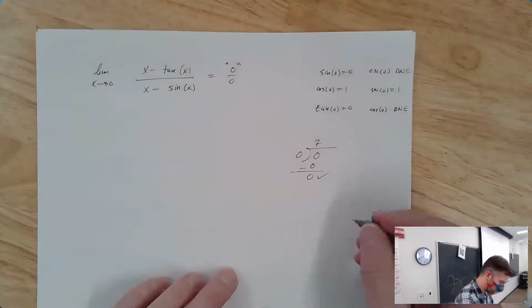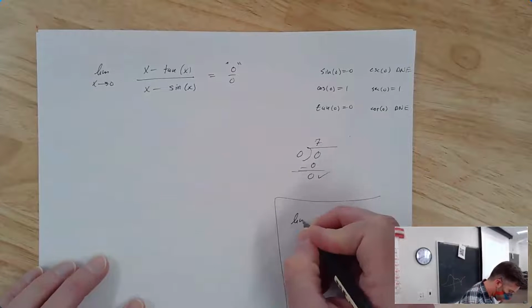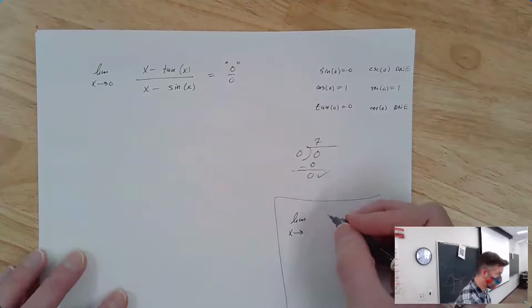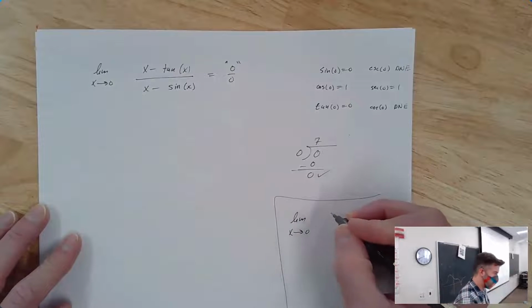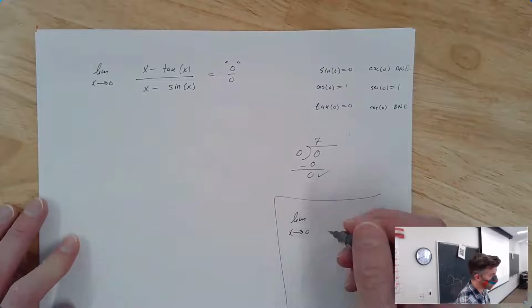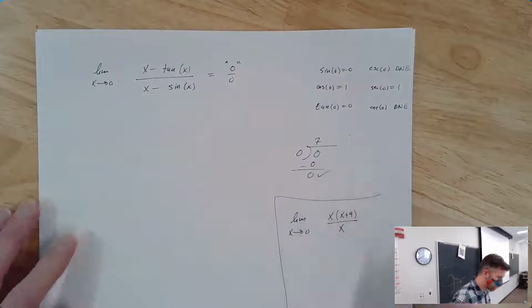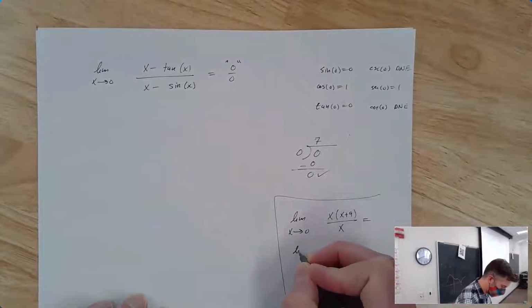For example, it's going to be kind of lame, but I could do the limit as x approaches. I'm just going to do it this way. So I want my answer to be 9. This is going to be kind of lame, but here's an answer where it's definitely 0 over 0 type. I can even multiply it out if you want.